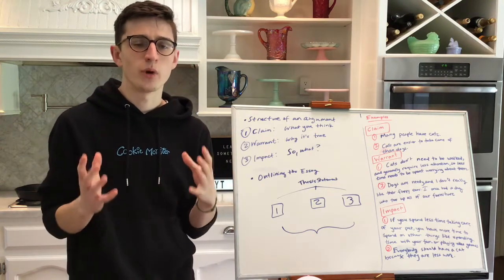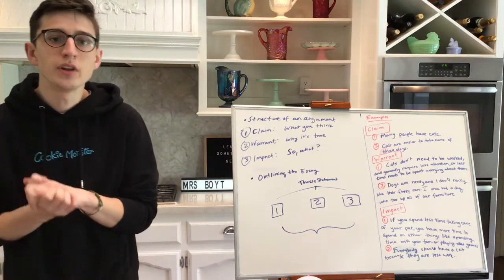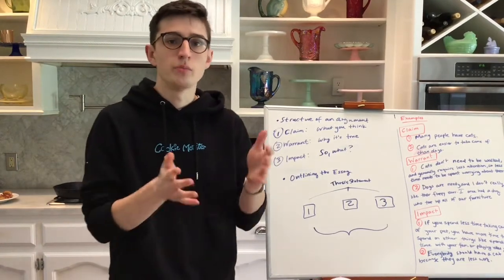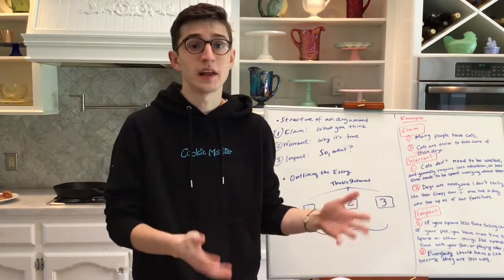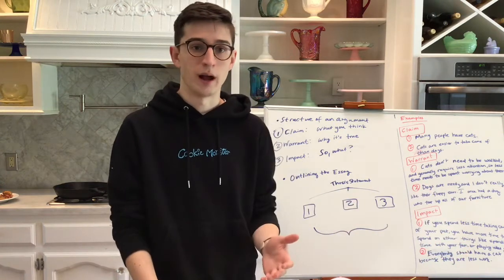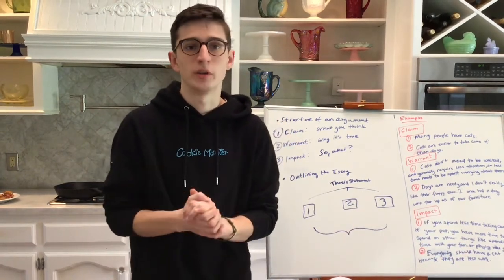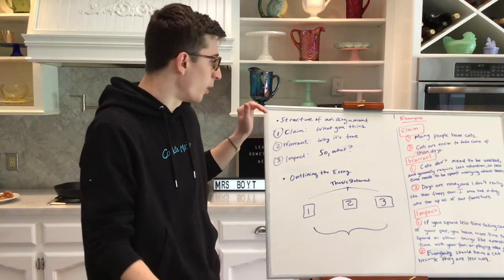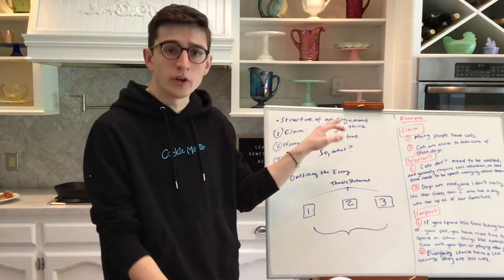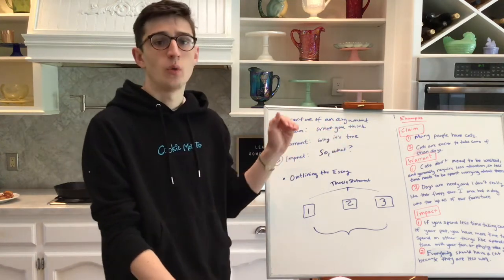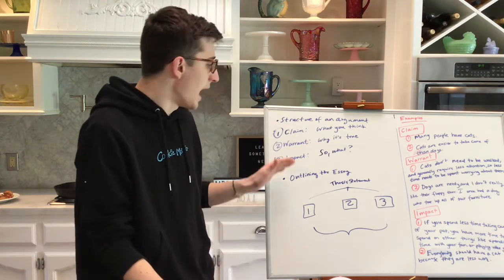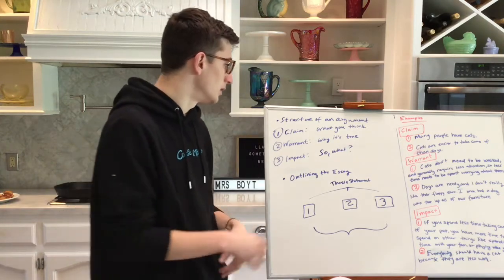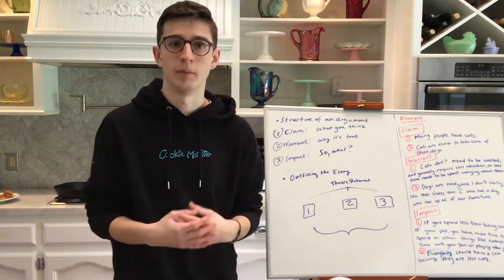To get started, when we think of argument, it's really important to have structure in the way that we're writing. Unlike other types of writing, when you're making an argument, you need to do a certain set of things to convince your audience that you're correct. One of the easiest ways to boil this down is that every different claim you make should have this structure: the claim, which is what you think, what your argument is; your warrant, which is why you're right about what you think; and then your impact, which is why your audience should actually care about what you're arguing about.